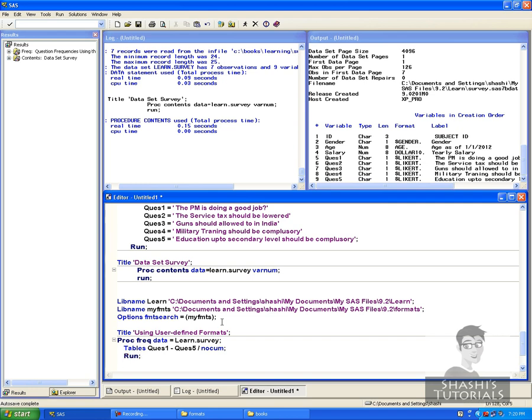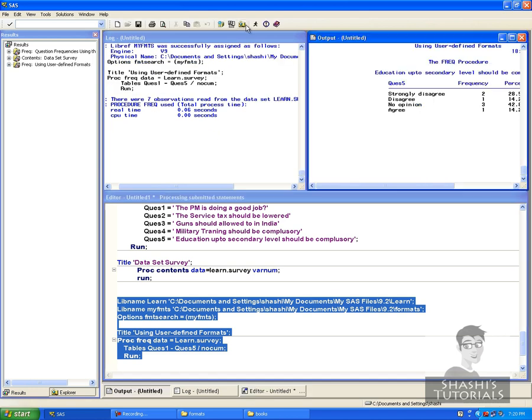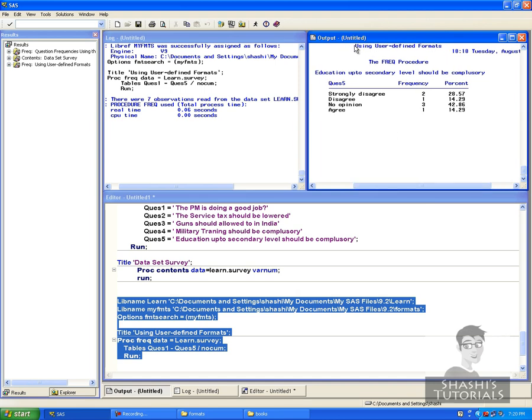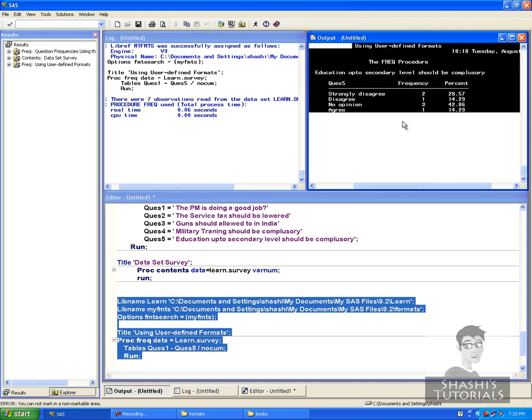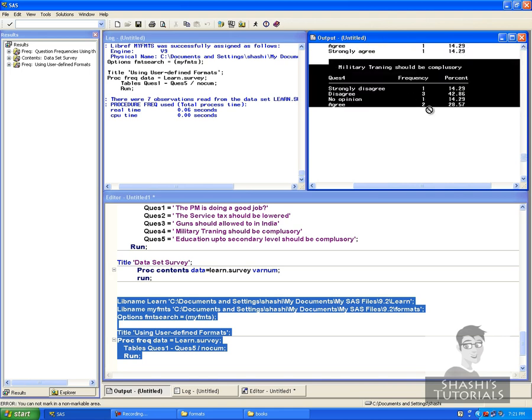Okay, so let's run this. So you see the frequency procedure which is displayed. It shows all the questions and its frequency. Okay,